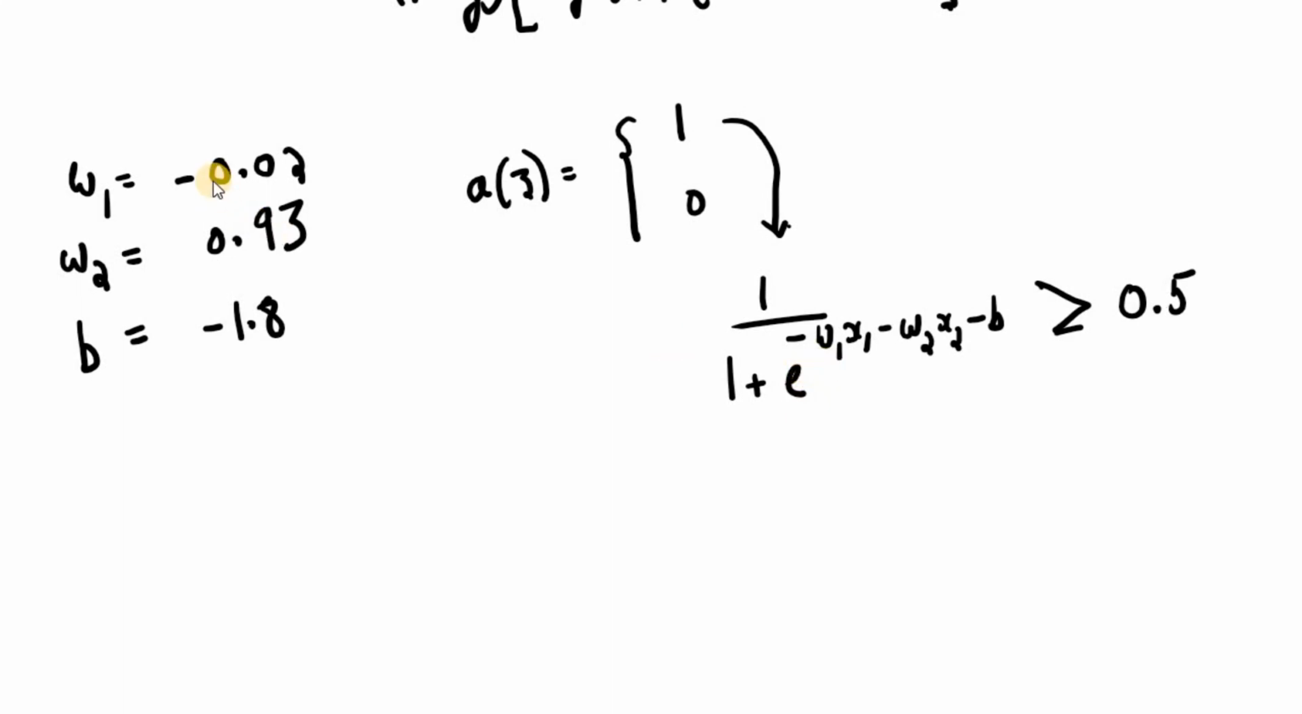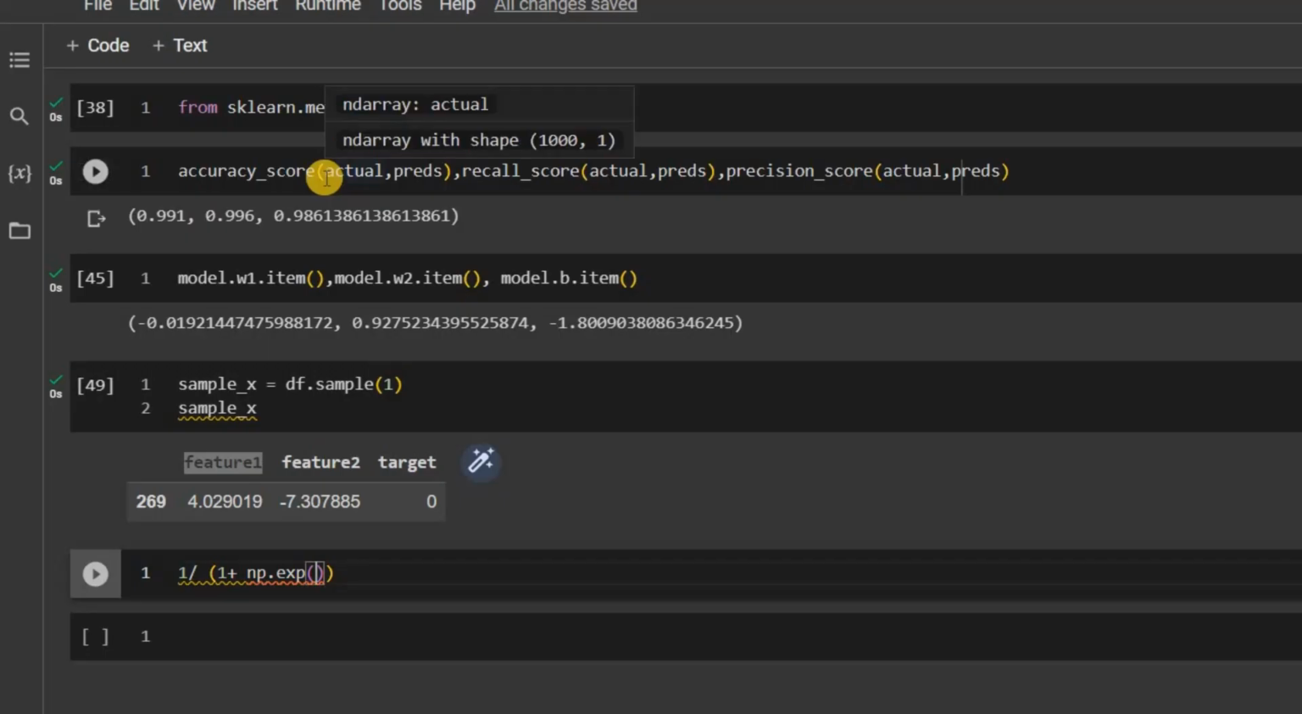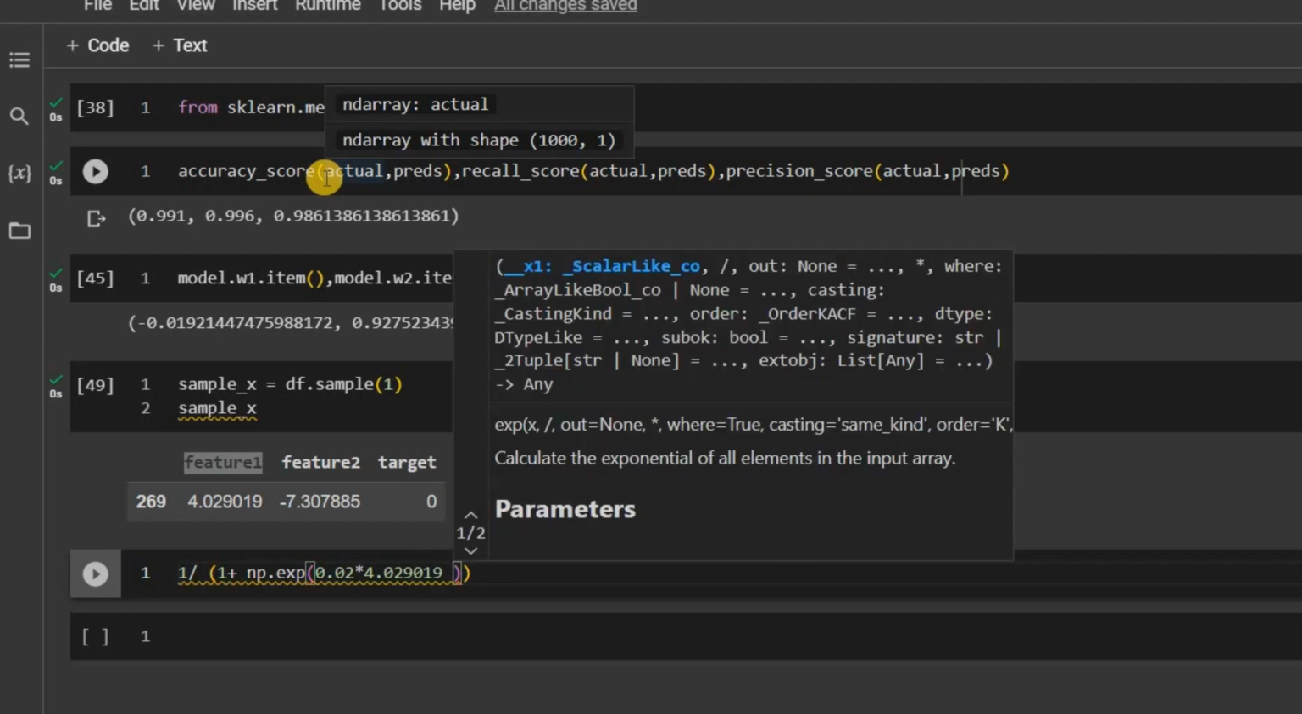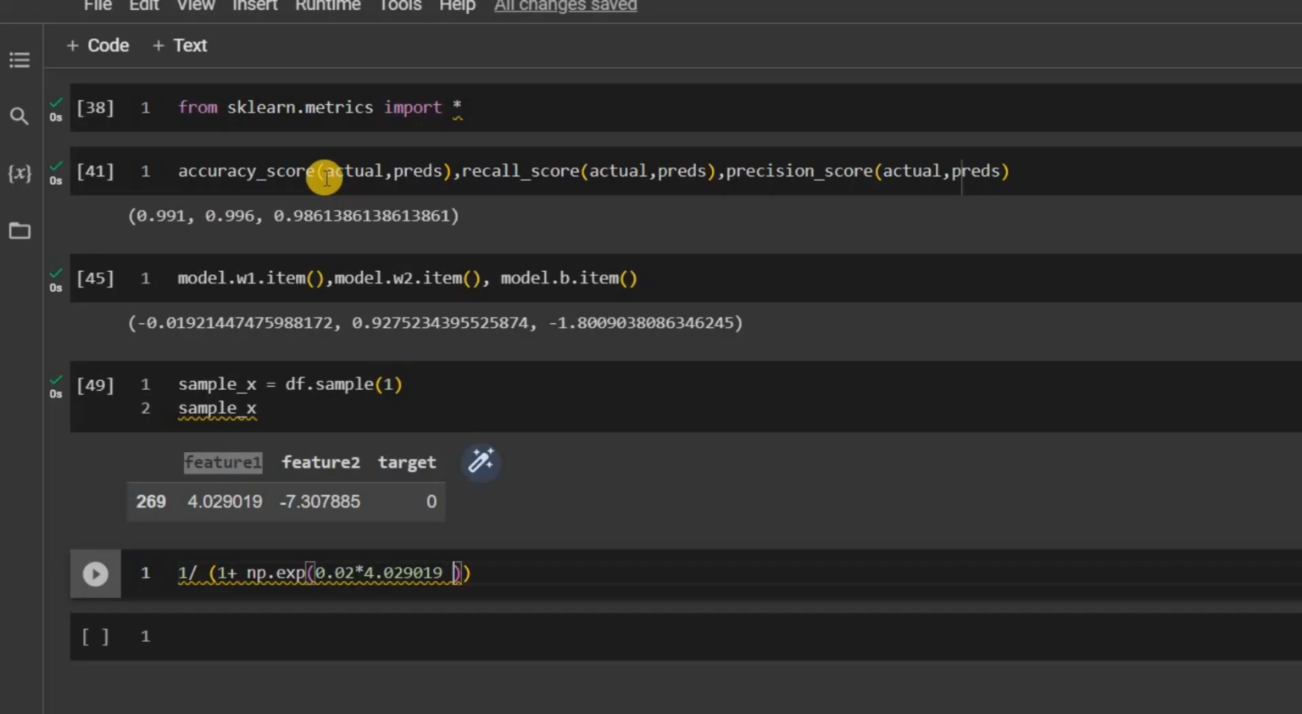The value of w1 is minus 0.02. If we put the minus sign to it, it becomes 0.02 into the first feature value, which is 4.029019. You can do it in a much more sophisticated way, but for validating the results I am just hard coding it, to make the understanding a bit clearer. And then it's minus of W2, which is minus 0.93, into, in brackets, minus